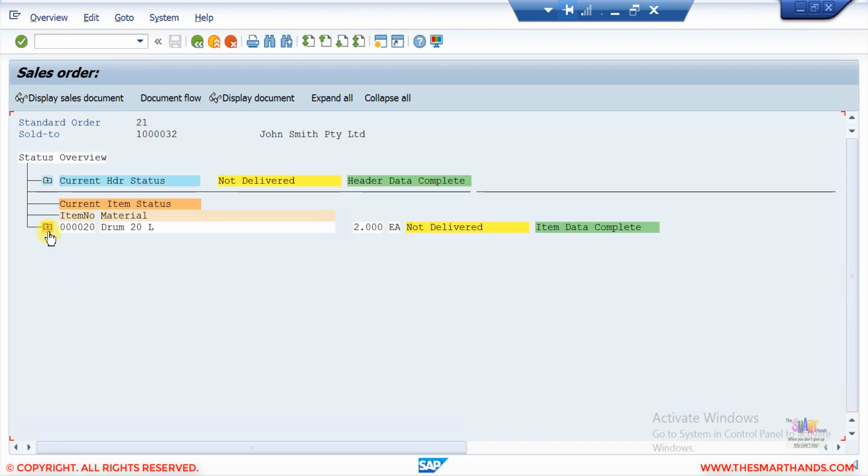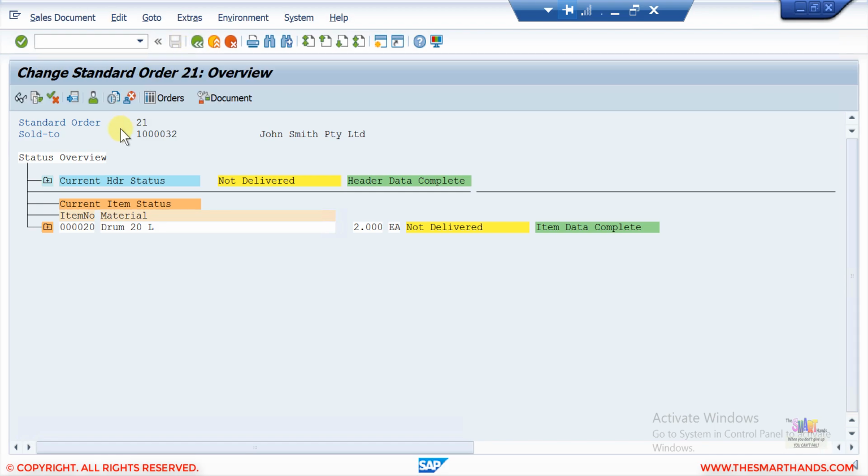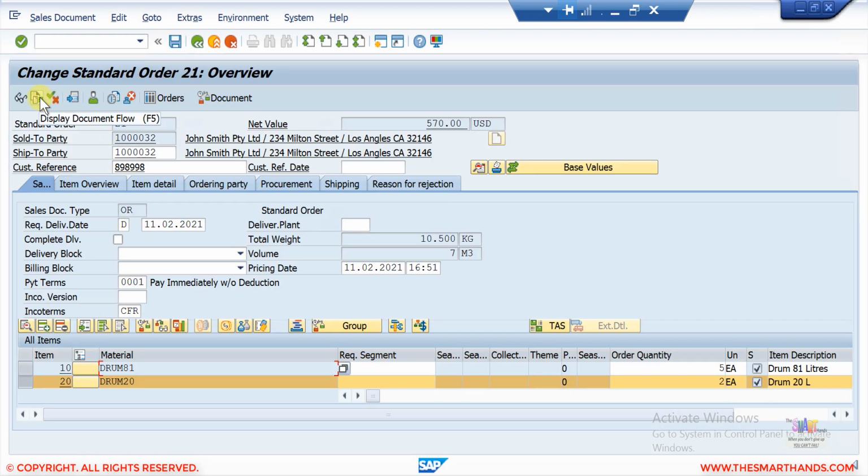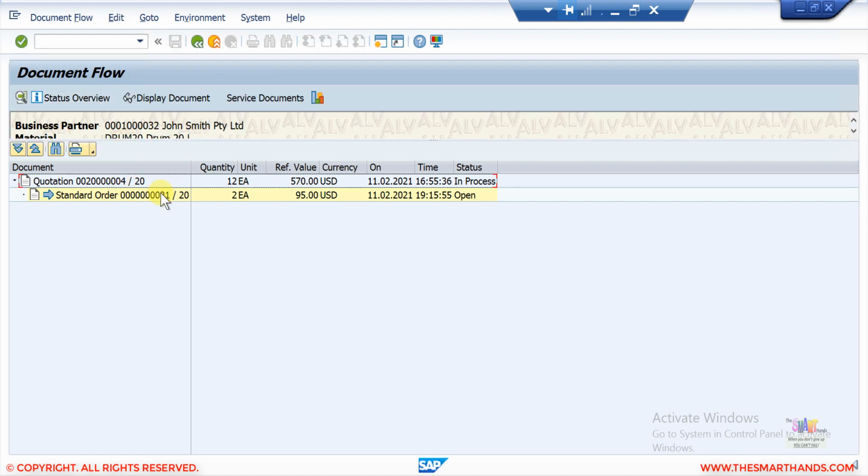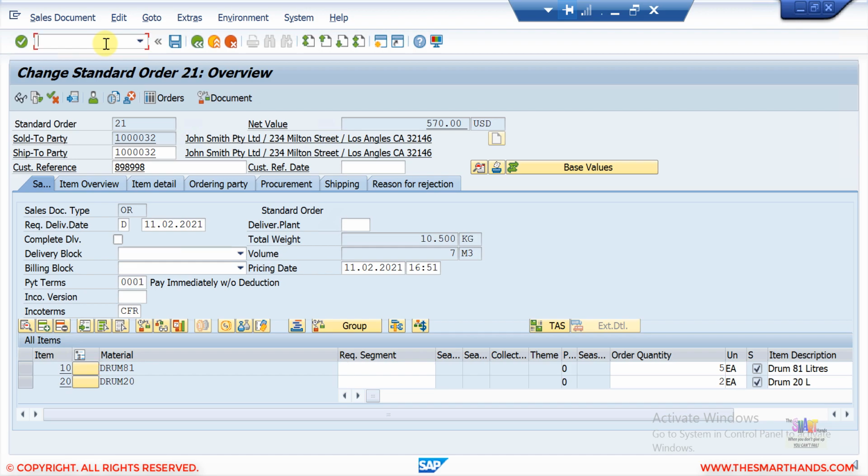not this one, the other one, this one is showing that item number 20 is copied from this quotation number. So the system will keep a link of which document number I copied from, what the quotation number was, etc. And when you open that quotation, you will see the same link again.